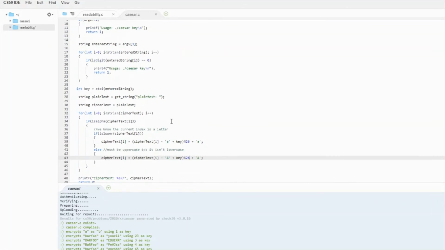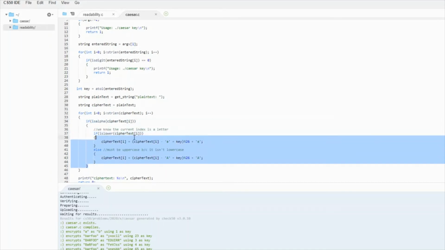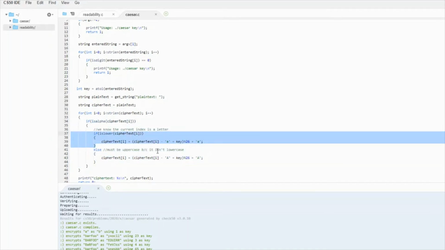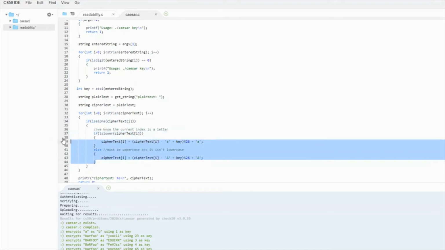I would love it if you all came into this and made functions around this to maybe make it a little bit prettier. I can see right off the bat that this code, you could make a function. You could handle all this in a function. So say like just pass it a bool of true false and make that bool is lower. So the function you're calling would know if the letter you're passing it is an upper or a lower case.